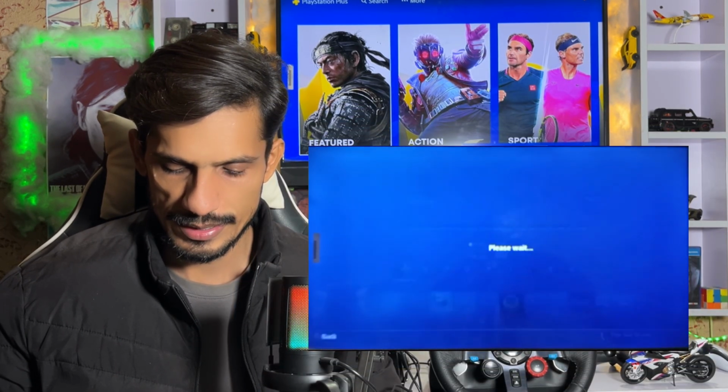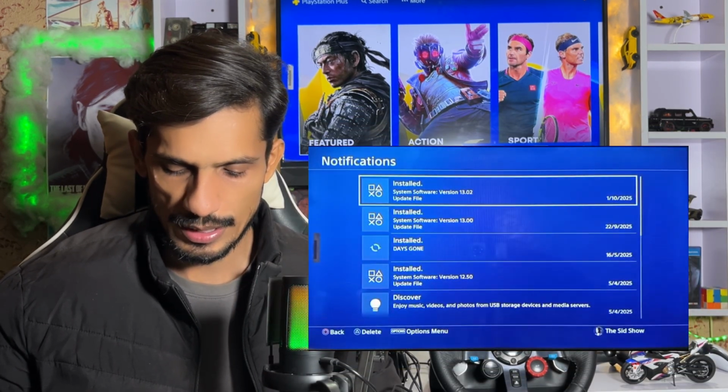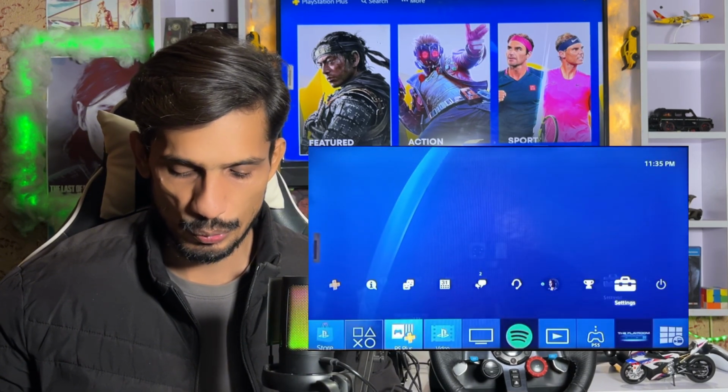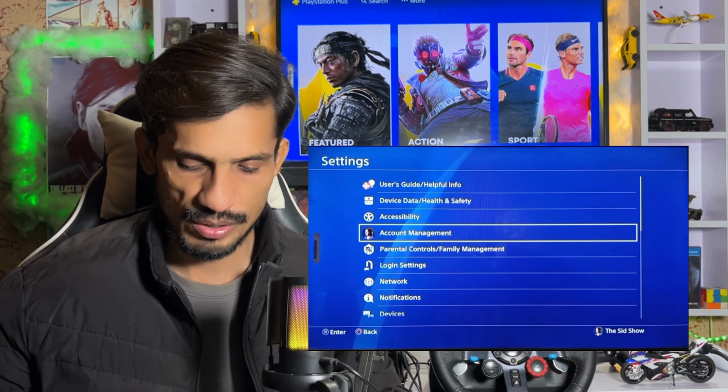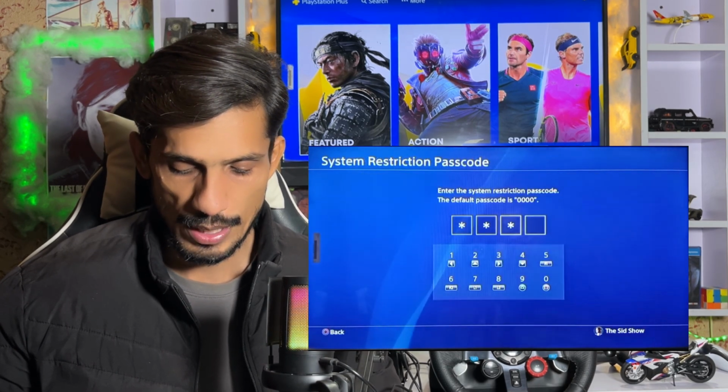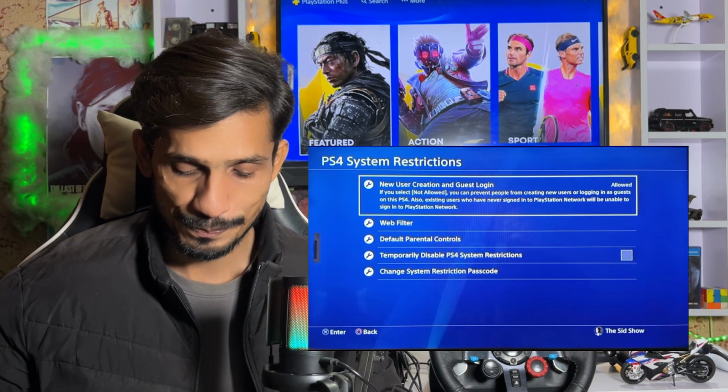Here we are at the settings, and you just see download. If your download is not working, then go to the storage. You must check the storage. Sometimes the storage is not working or you don't have enough storage, and then go to the PS4 family management,